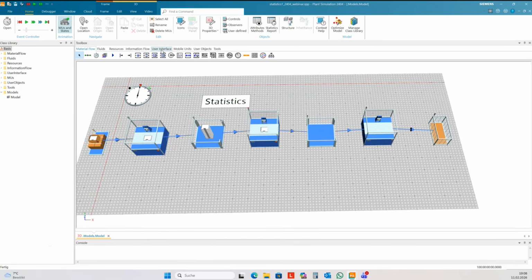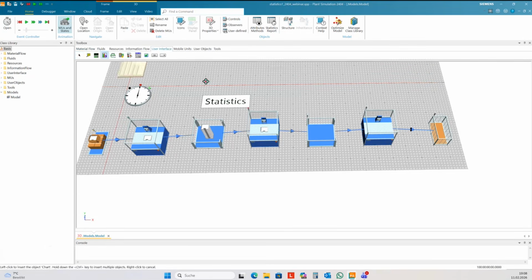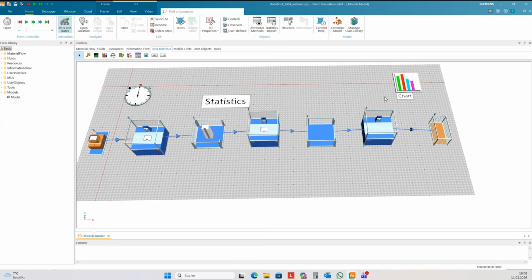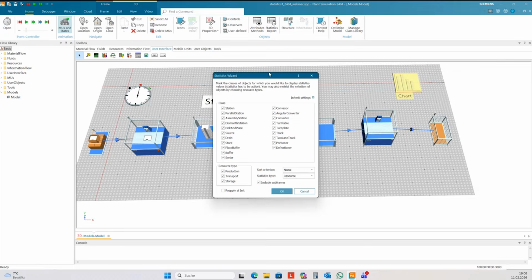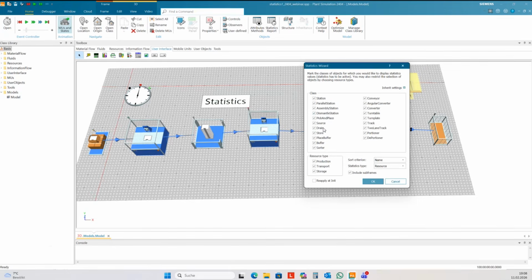You find the chart in the user interface, and then you can click with the right mouse button on the chart, and there's a statistics wizard. Here you need to select what kind of statistics you want to have. I only want the resource type production.